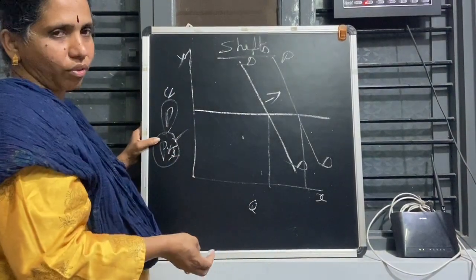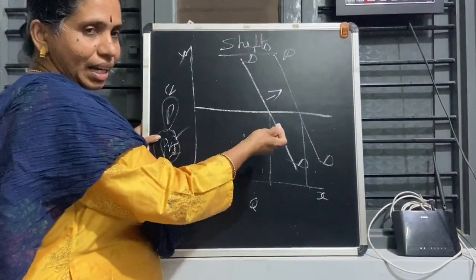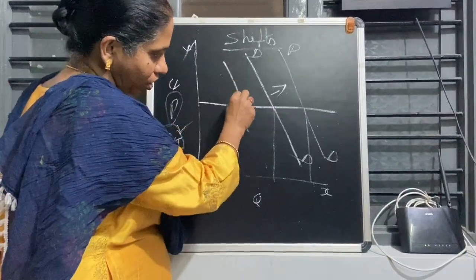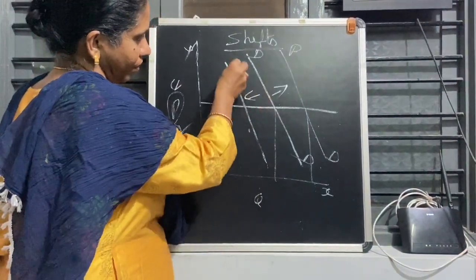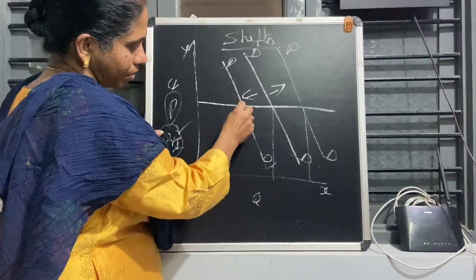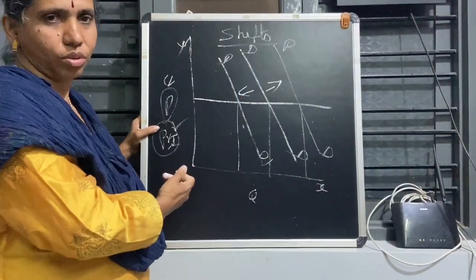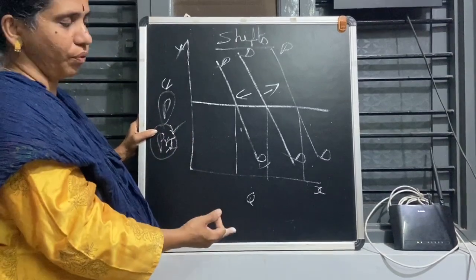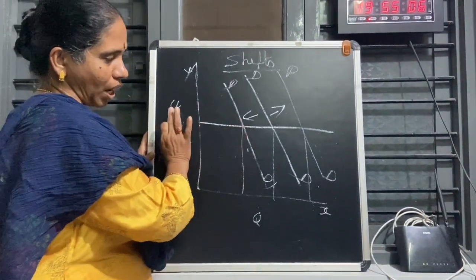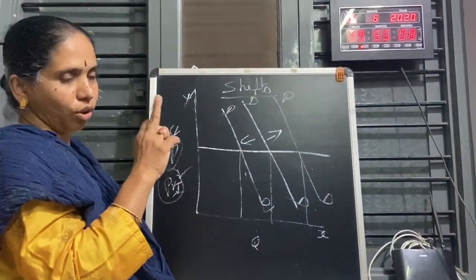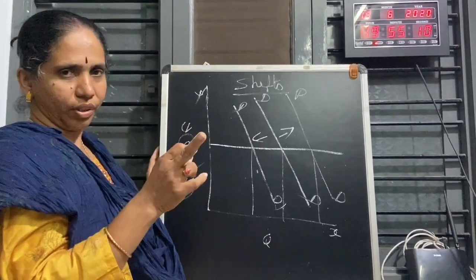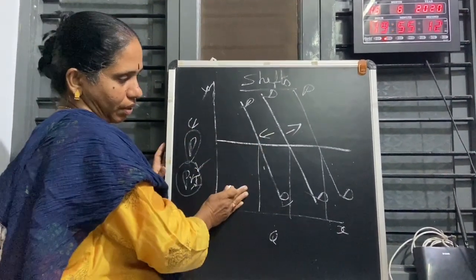In the case of inferior goods, what will happen? We are buying less. So the curve goes in this direction, D1 and D2. Here the goods bought are less. Even though my income increased, I am buying fewer goods, because those are inferior goods. That's why I told you to understand clearly normal goods and inferior goods. Then you will be able to understand.